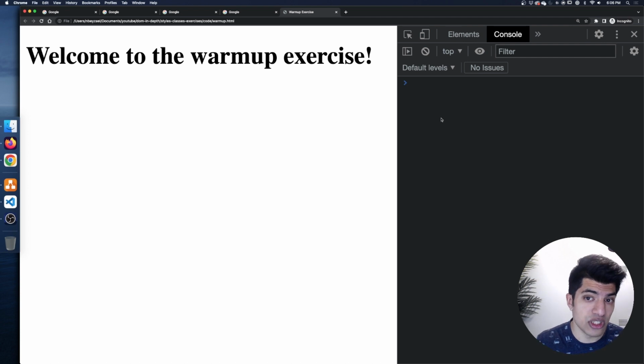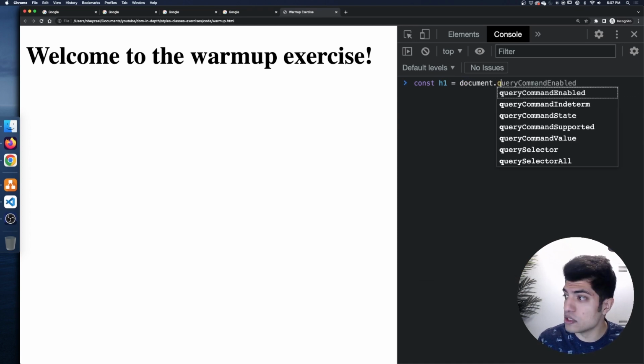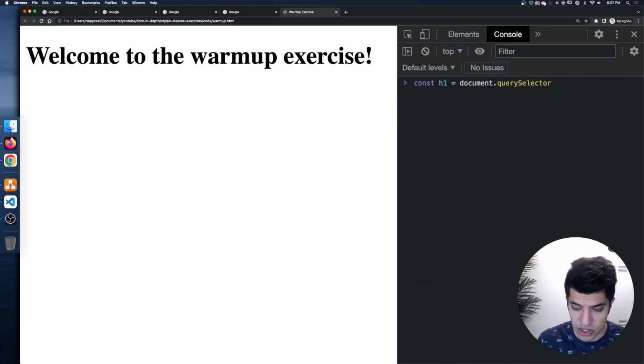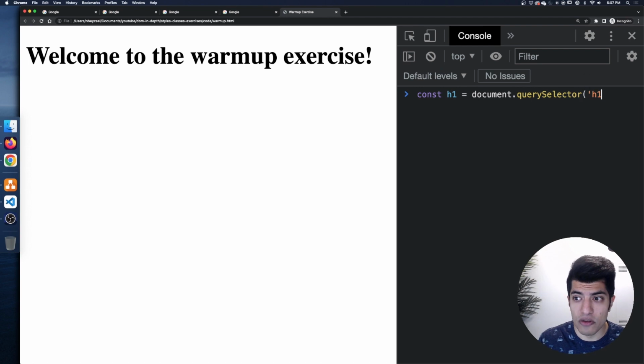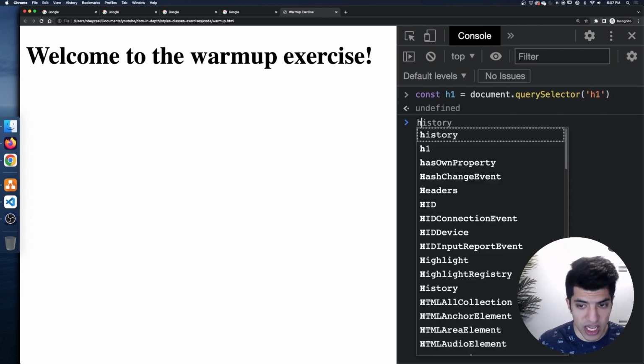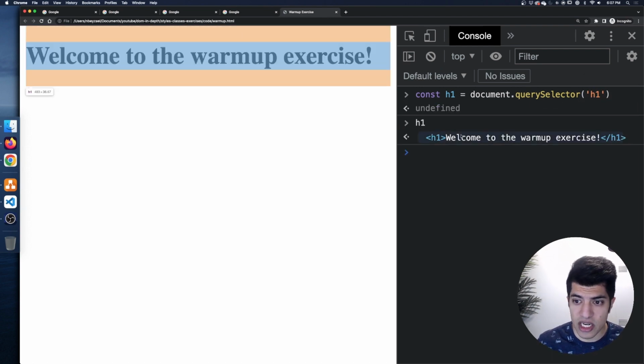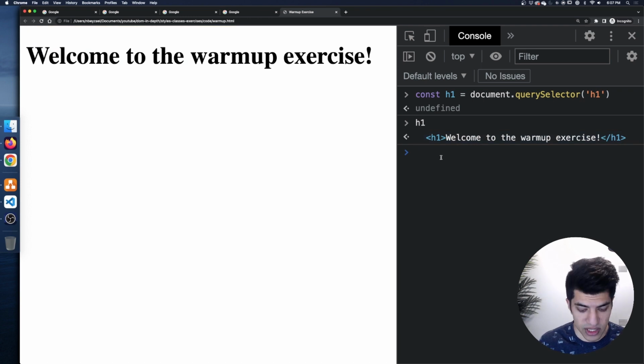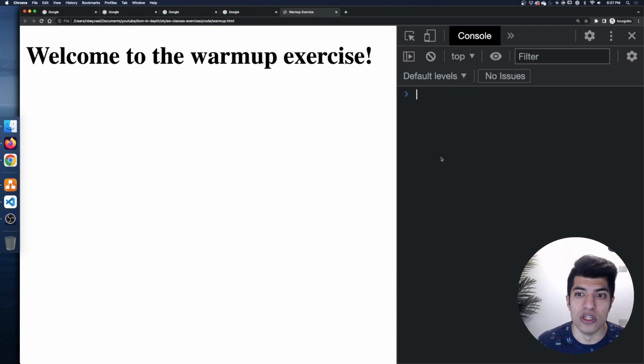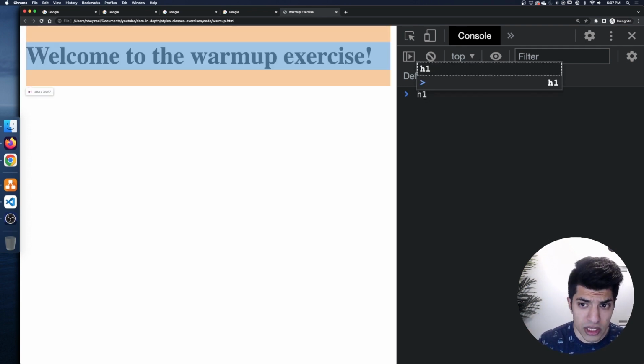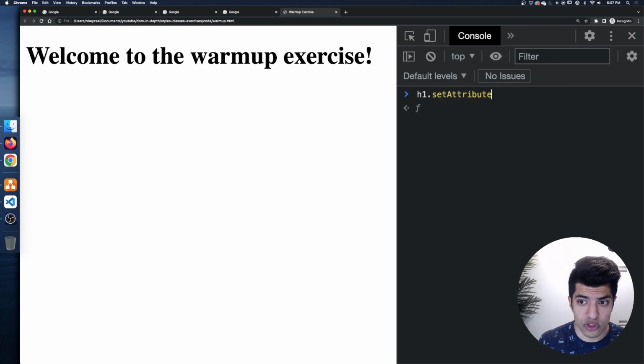So I'm going to select this to make sure I can easily use it in the future. So I'll just say const h1 equals document.querySelector of the h1 tag. Maybe I can zoom in a little bit more here. And then if I have my h1, there it is, and I have access to my h1, which is fantastic. Now I can always just use this handle, so you don't have to keep watching me select it with the querySelector. So I can say h1.setAttribute, and I can set the style attribute,